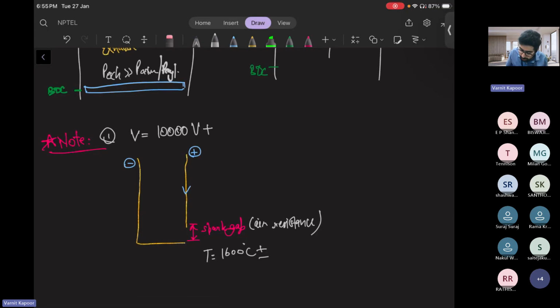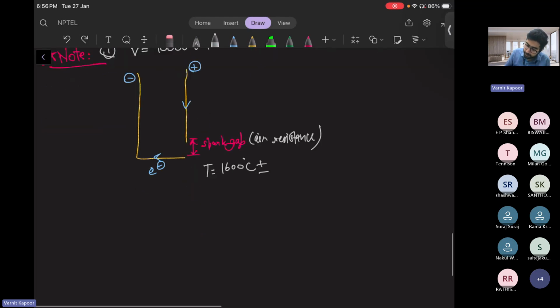Spark is being generated because of the flow of this electron at a very high resistance. And now the question can come: if we increase this gap more and more, will we have a very high spark? But it has been tested that, if I plot the graph for the spark gap,